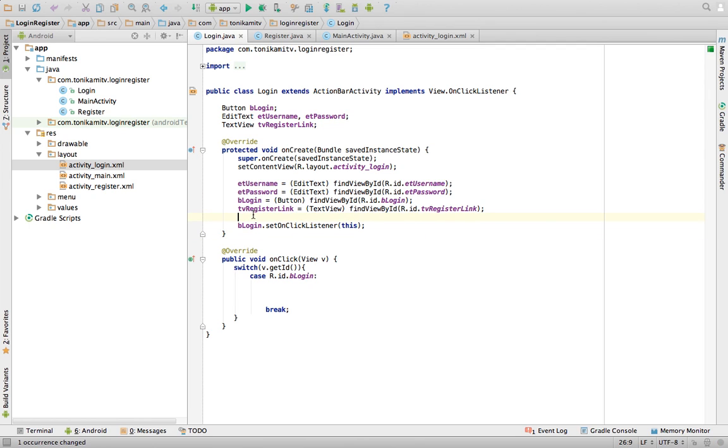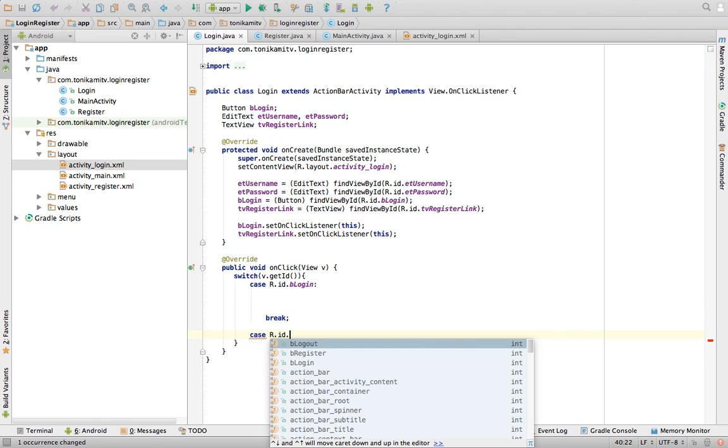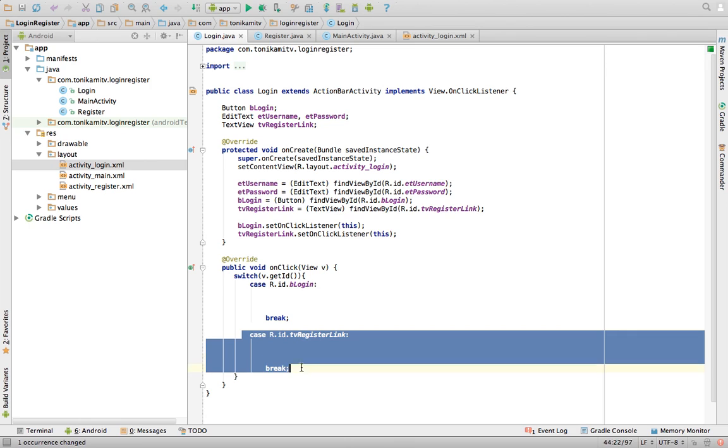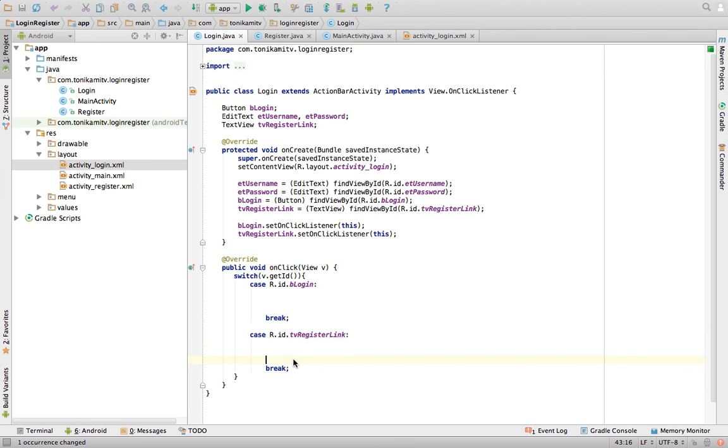So we need to set on click listener for the register link, so we can handle clicks on the register link. So like I told you before, now we need to create another case block, and in here this will be called when the register link is clicked, basically. So whatever is in here will happen when the register link is clicked. And what we want to do is we want to start,